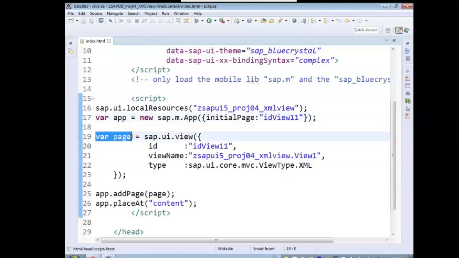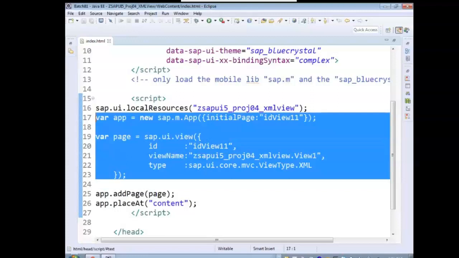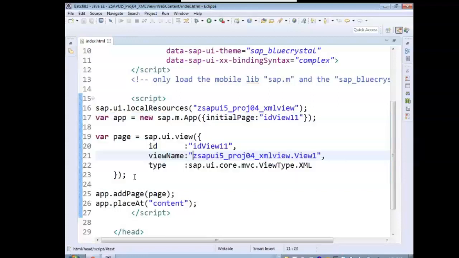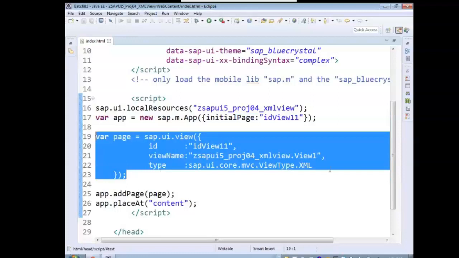Please observe. In the 19th line, where page is equal to sap.ui.view, a view is getting created with the ID given by the framework, with the name of the view as view1, with the type of the view as XML view. Did you see anything different? Any doubts you have in this view creation?